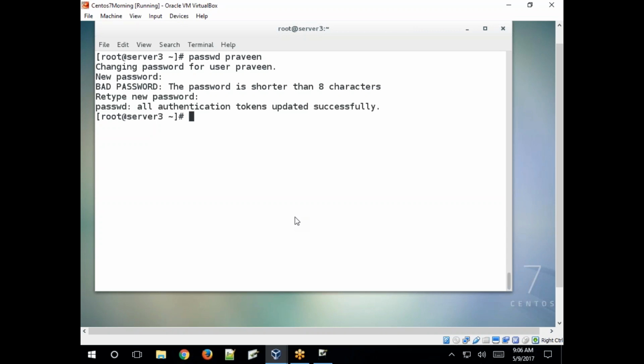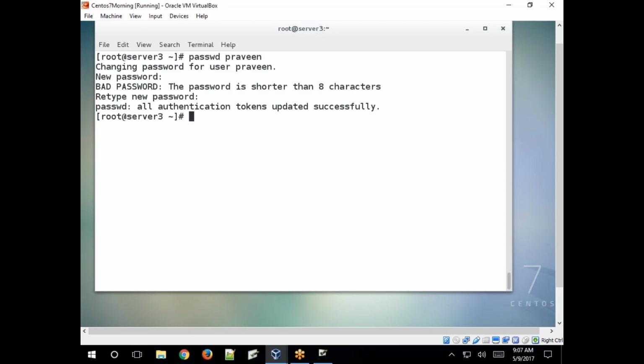It must contain one capital letter, one numeric digit, one uppercase and one special character. Numeric, uppercase and special character, but minimum 8 characters recommended. Don't use dictionary words as a password, your name as a password, or the system name as a password. Okay? Recommended 8 characters. Clear? Remember that.